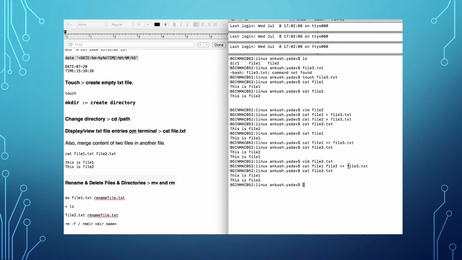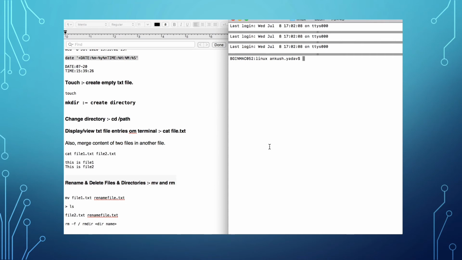Okay, now you can check. So you will have to use this redirection operator to merge the data of two files into the third file, like we have merged the data of file 1 and file 2 into the third file. So this is how you use the cat command to merge your data.